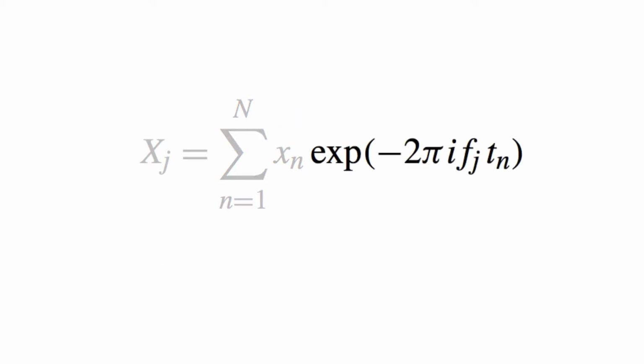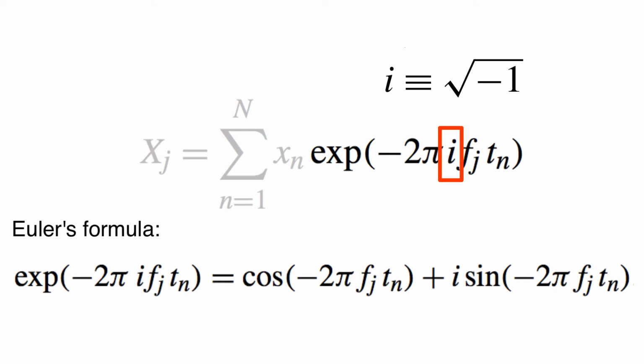The third term is a mess. It consists of an exponential operating on the product of 5 individual terms, each of which is a number. The first two numbers are simple, minus 2 pi. The third number is i, which is equal to the square root of minus 1, a strange quantity representing an imaginary unit. The utility of the imaginary unit is that we can rewrite the exponential as the sum of a sine and cosine function. Remember from calculus the remarkable Euler's formula,